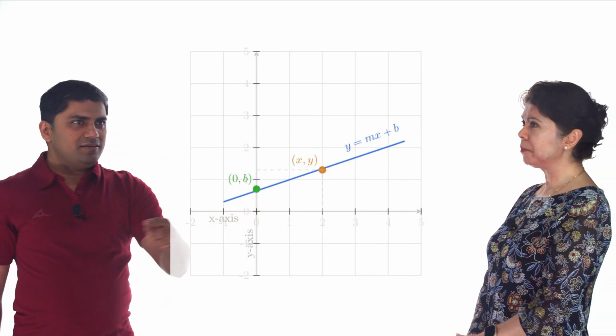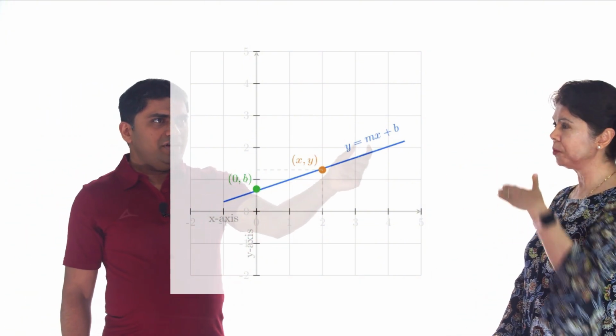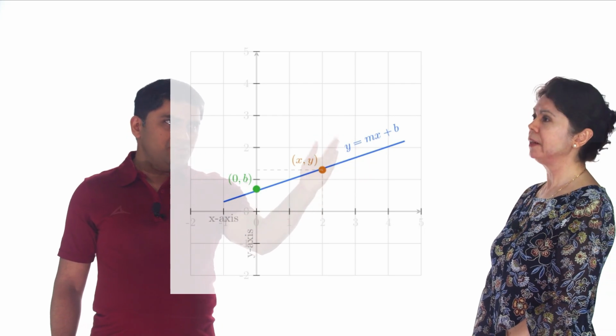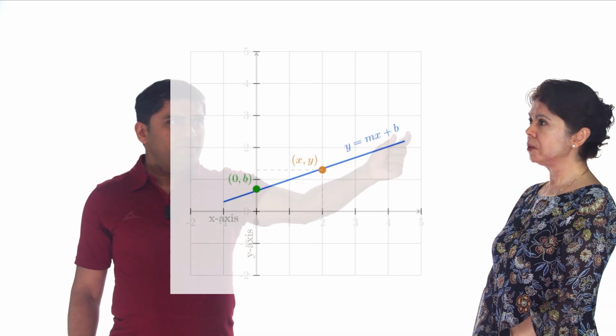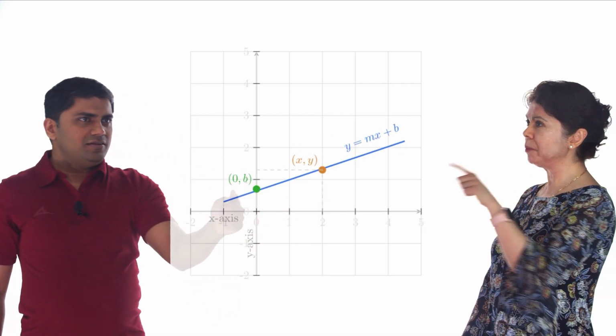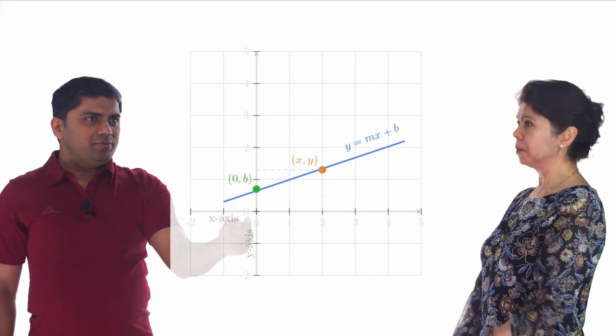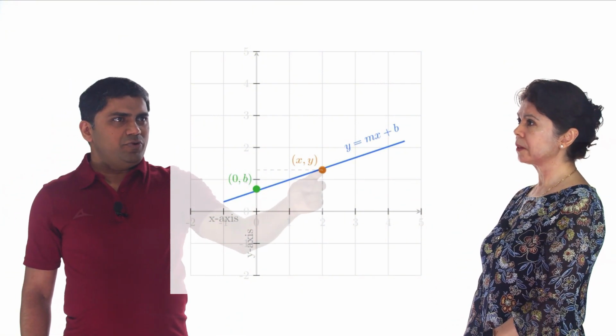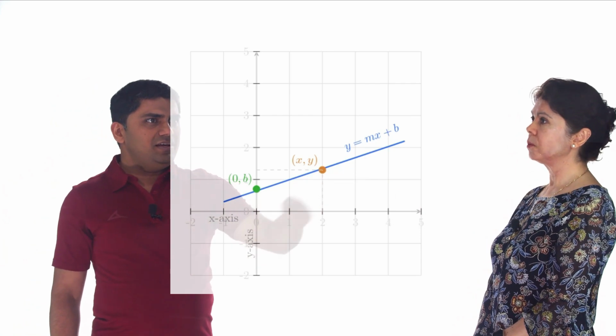I think m has to do with the inclination or something. Okay. Yeah, it's the inclination. The slope. Inclination and the slope. Exactly. And what is b? B, I remember it's the intercept. So the intercept. When x is 0, this intercept is b, and this point is x and b. Basically, this is the line, no?